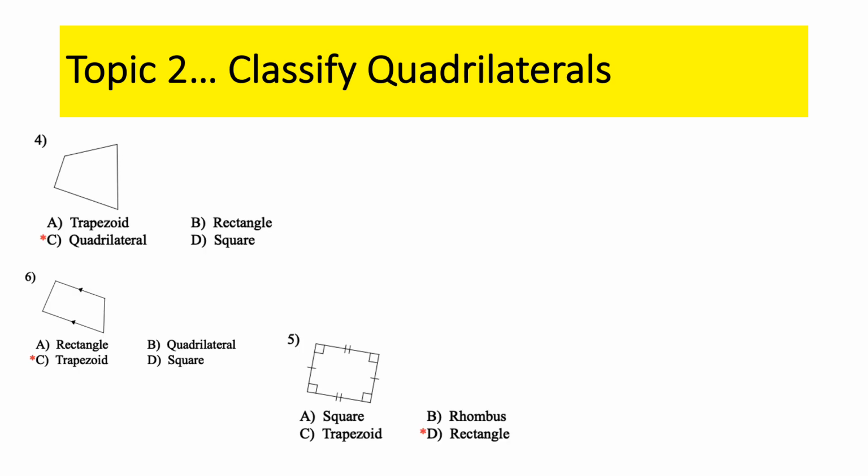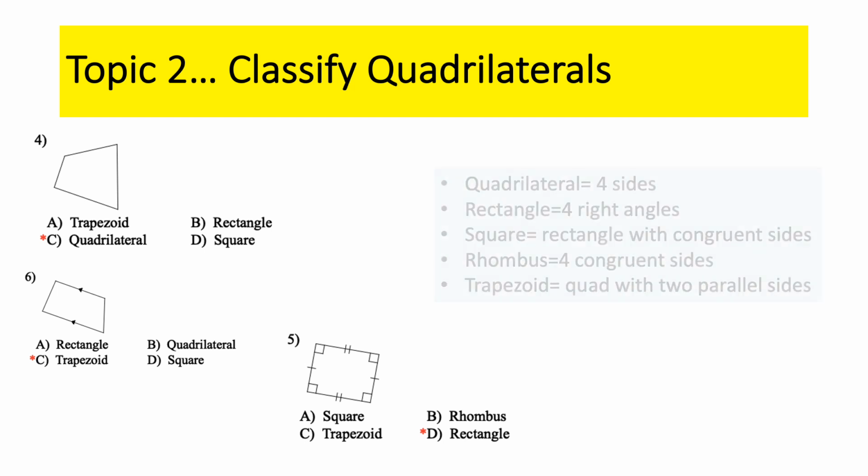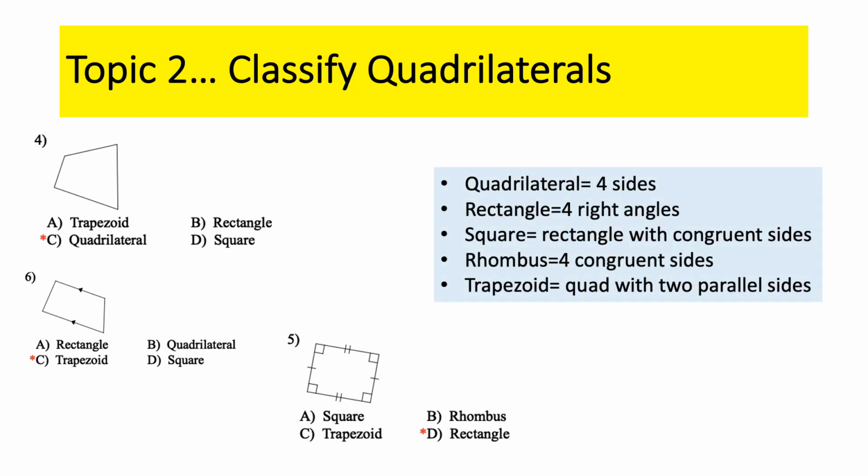Pretty easy one. Topic number two, I will give you, here's three questions, by the way, all together. I will give you a picture of a quadrilateral. You will have to tell me what is the quadrilateral. So if you've already forgotten this information, which you did learn in chapter 6 or 7, please have this in your notes. A quadrilateral is just simply a shape that has four sides made with four segments joined at their